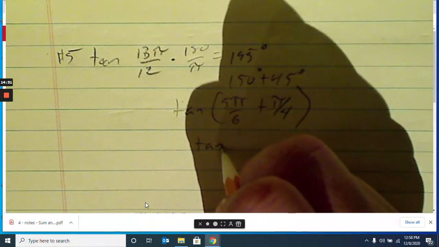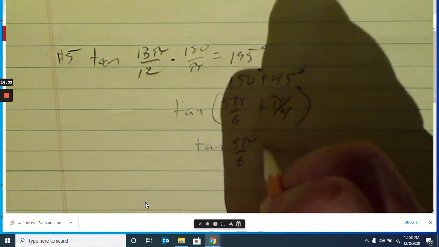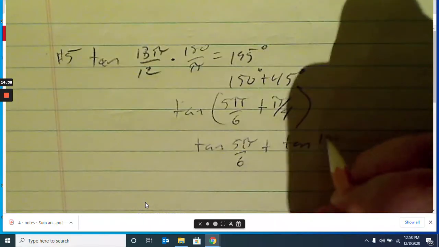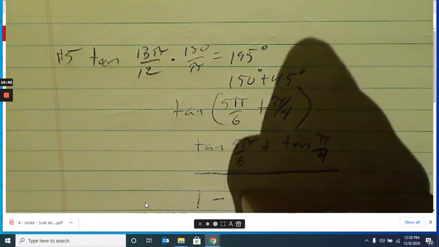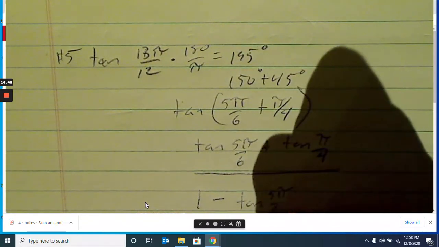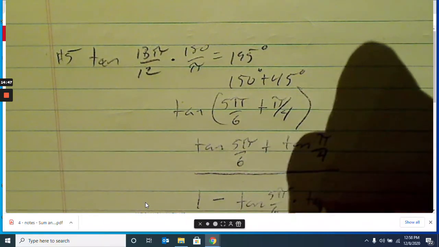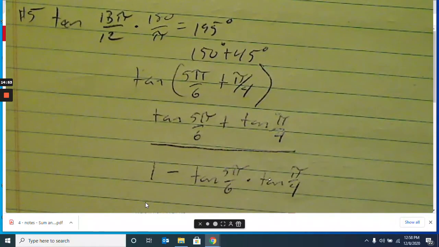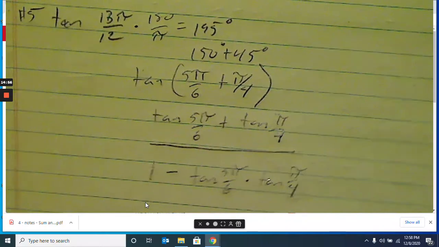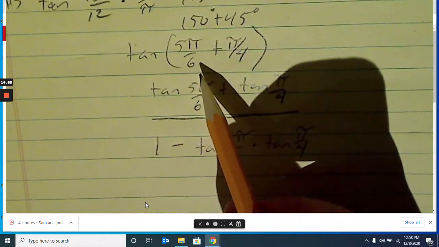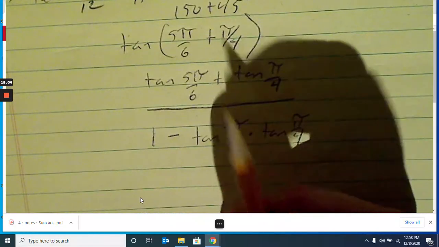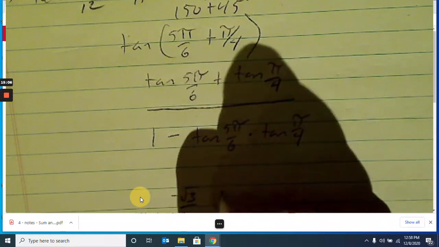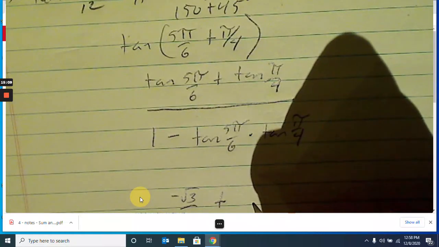Tangent of A, which would be 5 pi over 6, plus tangent of pi over 4, that's B, all over 1 minus tangent of 5 pi over 6 times the tangent of pi over 4. Okay, that's the formula. So now I'm going to go through my chart and figure out the values that I need to do this. Tangent of 5 pi over 6 is negative root 3 over 3, plus tangent of pi over 4 is 1